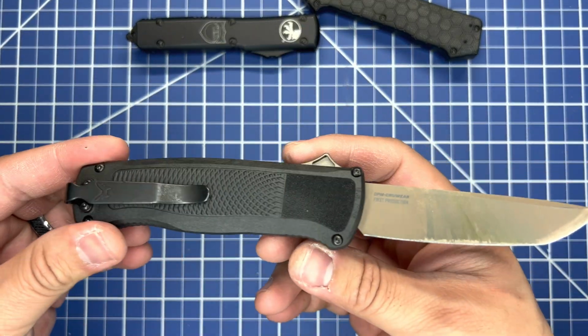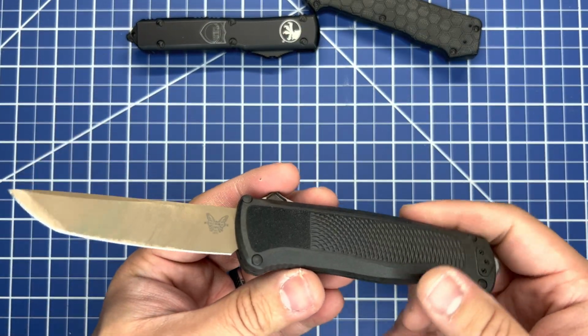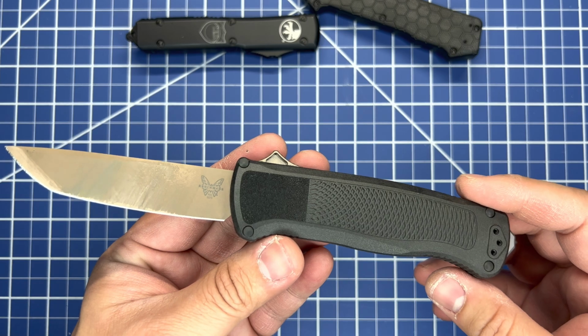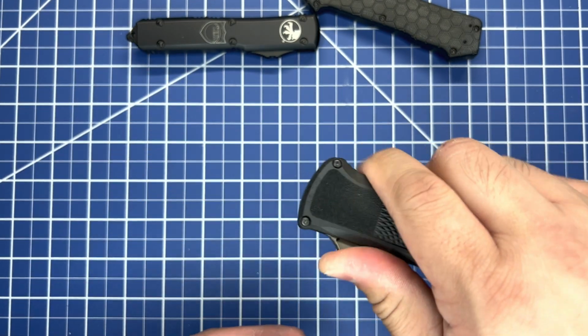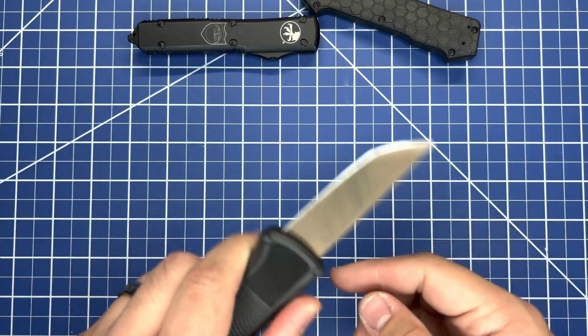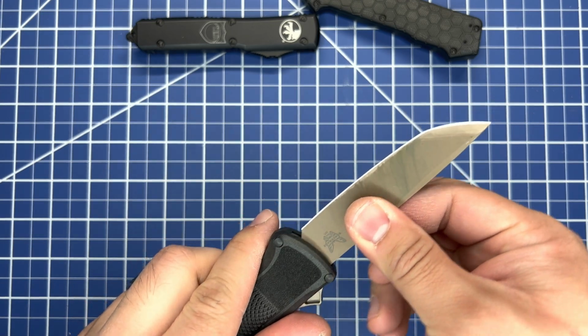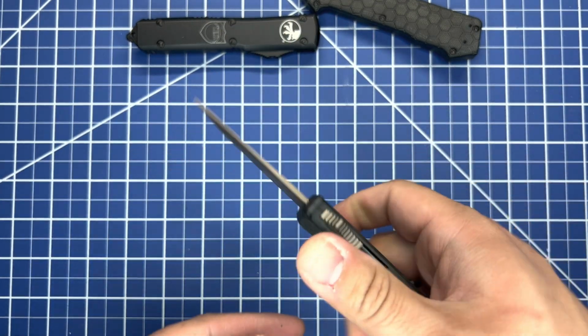You were the first knife I ever had above $100. I will always buy your stuff, but dude, fix your QC, please. This is very irritating. I was so excited about this knife. Like, look at that. For an OTF to fail that many times, and for a brand new knife to come